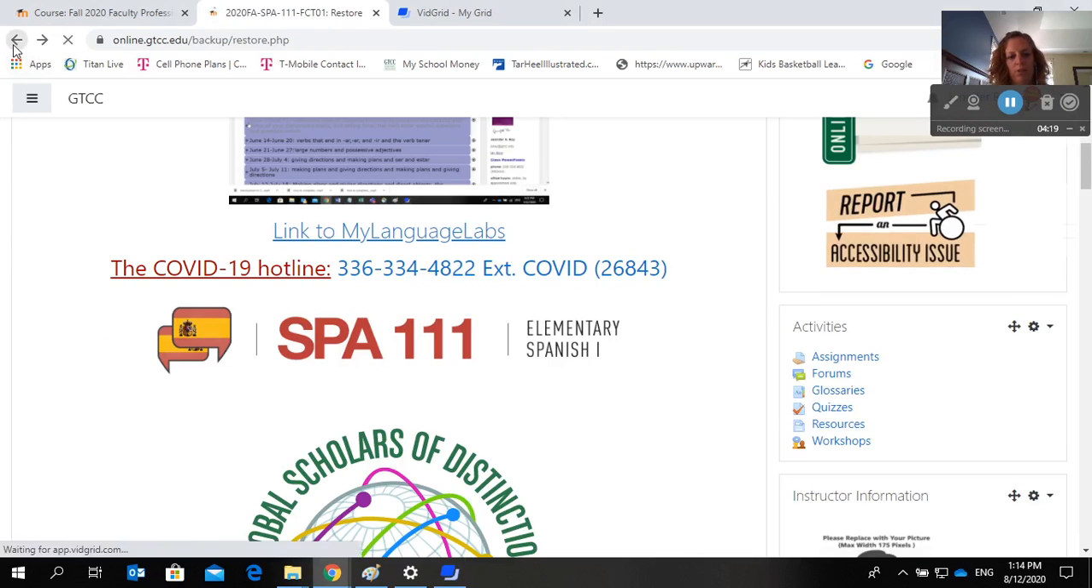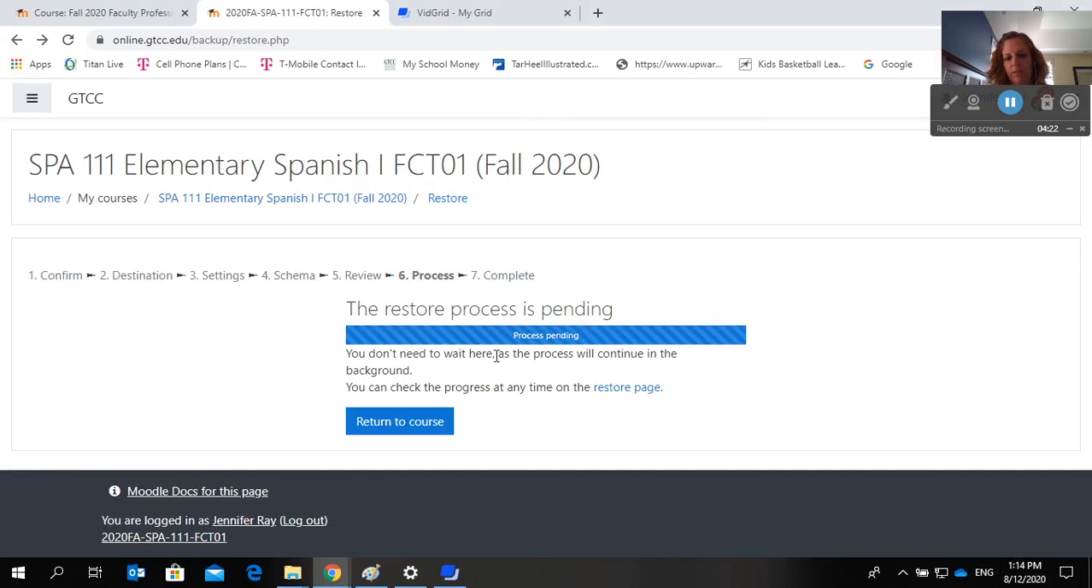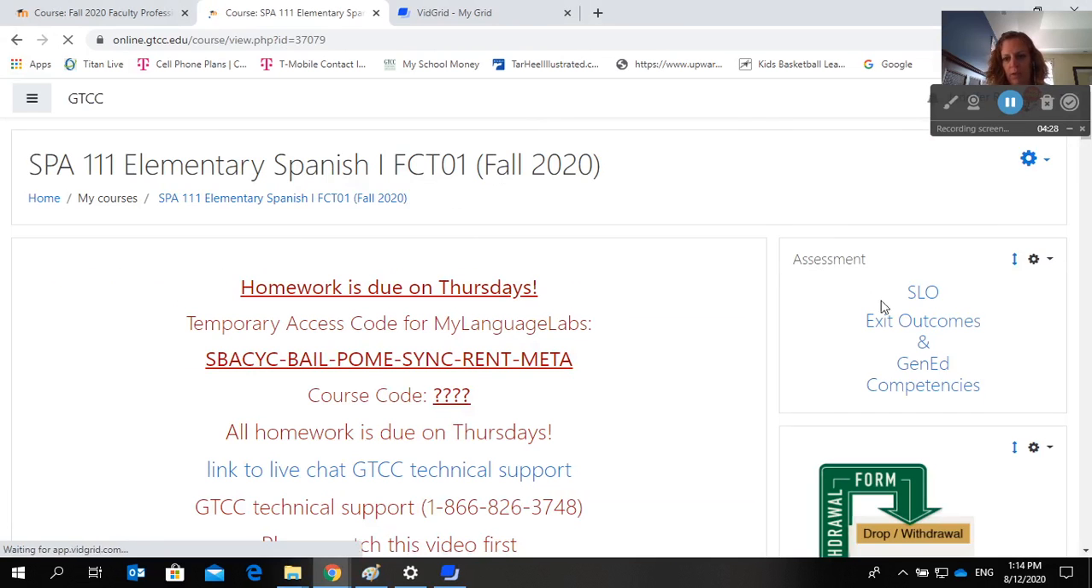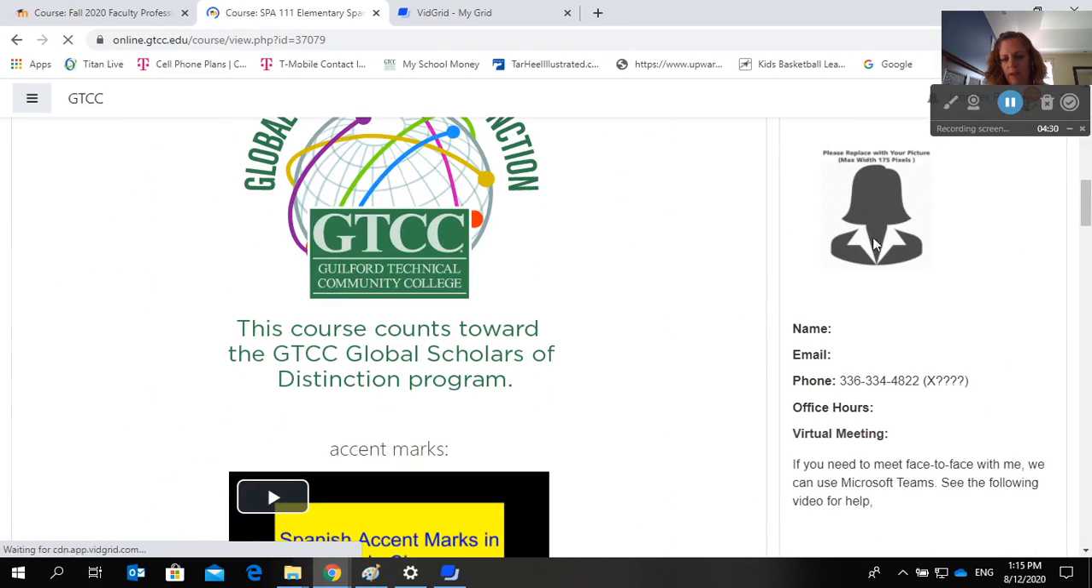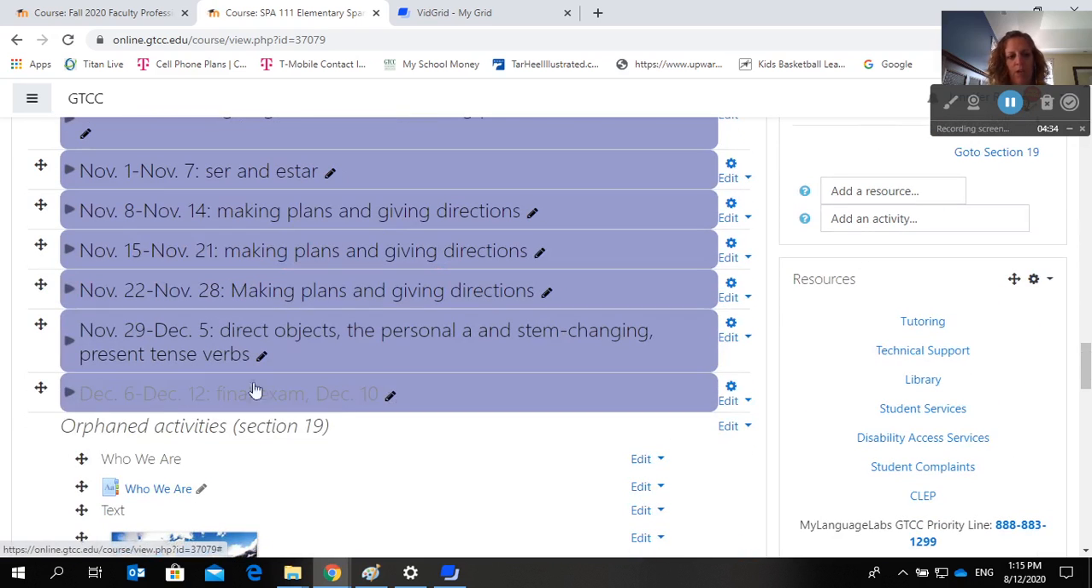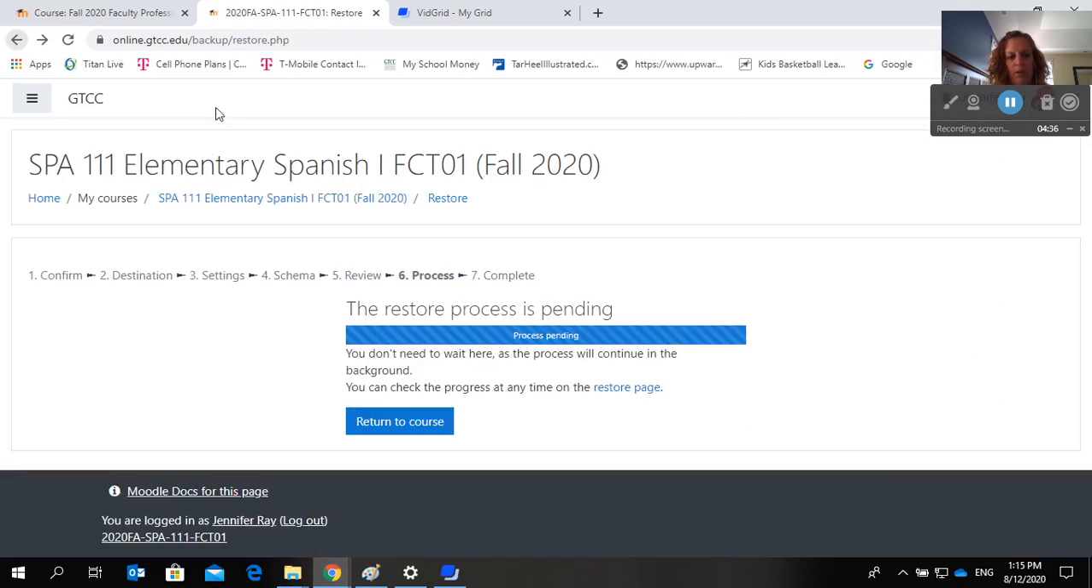Okay, so now I never actually saw it complete. It still says process pending, but when I hit return to course, I think it's actually done, because when you go out here, you can see that these things have changed. It should look like the adjunct course. So you can just keep checking return to course, or keep going into the course, and at some point it will make those updated changes. But that's how you would do the backup and